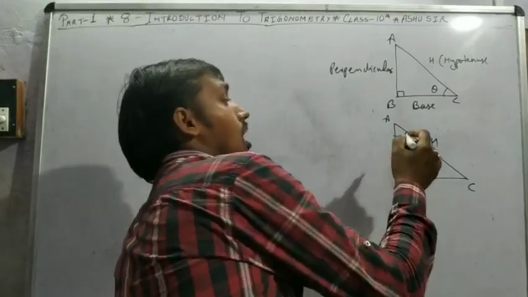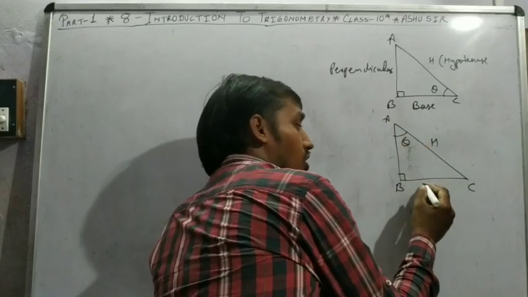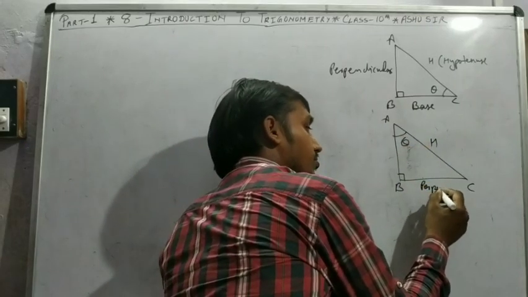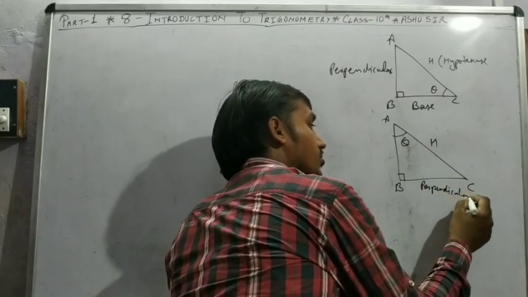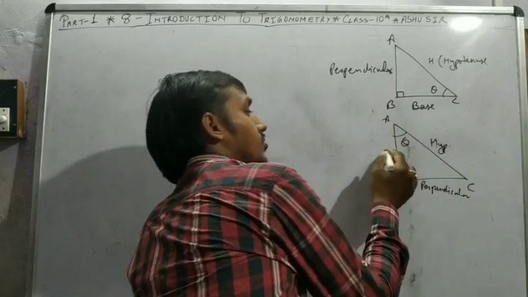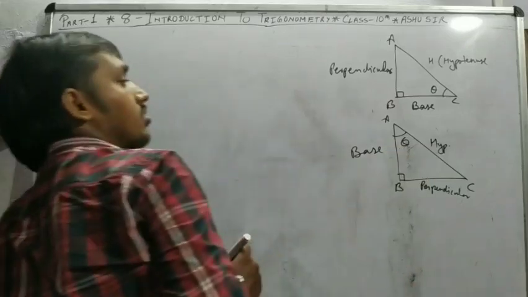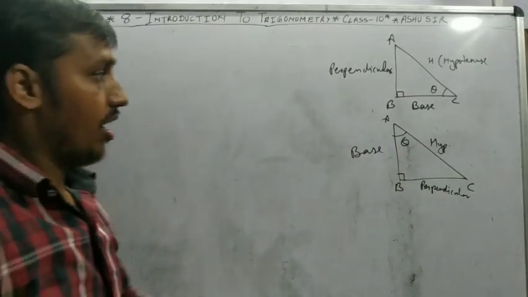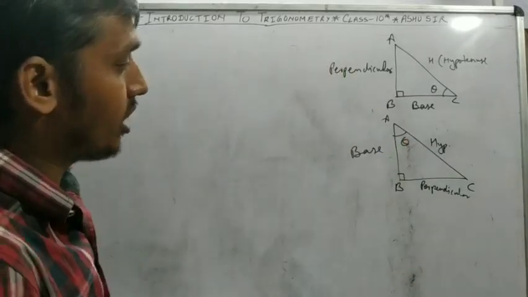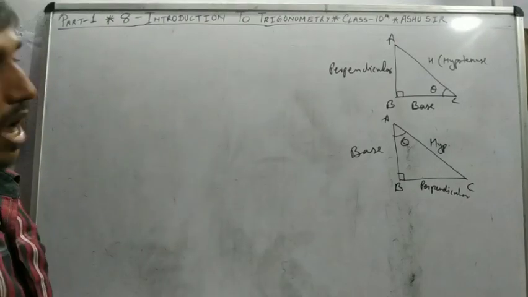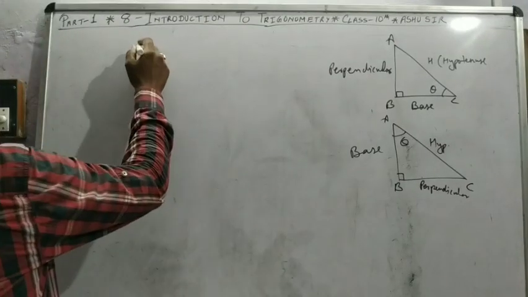But the side opposite the angle is always the perpendicular, and the remaining side is called the base. Means if I say